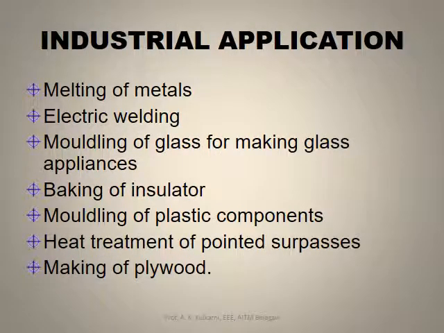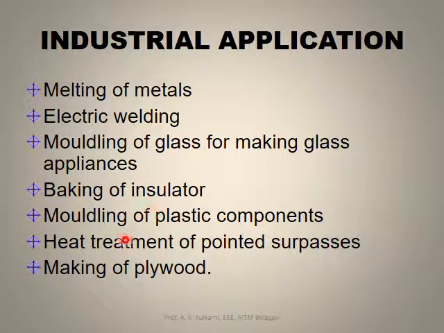Now let us see the industrial applications of electrical heating. Where can we use electrical heating in industries? For melting metals we want electricity. So the input will be electrical energy. To melt the metals we use electric furnaces. The input provided to the furnace is electrical energy, and the output is the molten metal. Then electric welding, molding of glass for making glass appliances, baking of